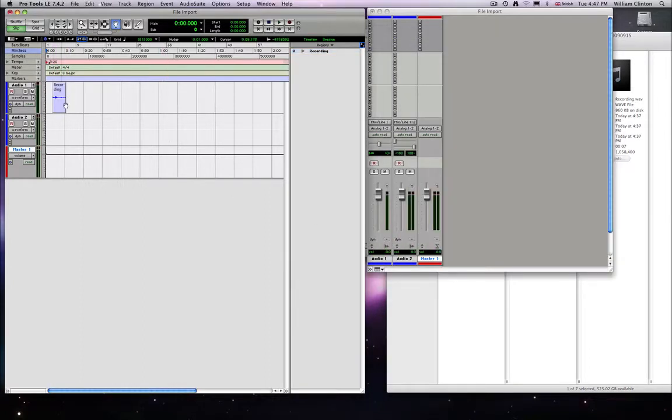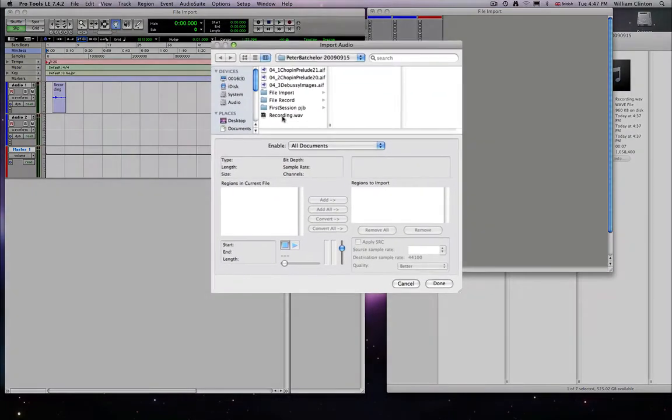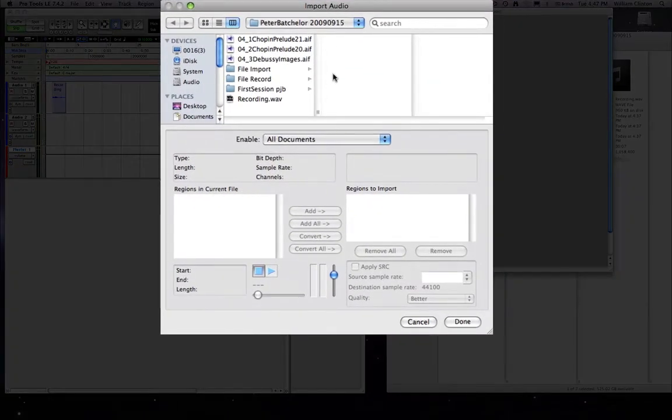This is all new, actually, or relatively new with Pro Tools. It didn't do this for a long time, but it is now finally able to do that. There is also an import command which is tucked away because, again, most of the time you won't need it. But if you go to File and then Import, choose Audio, then it gives you a dialog for importing things, which also obviously allows you to